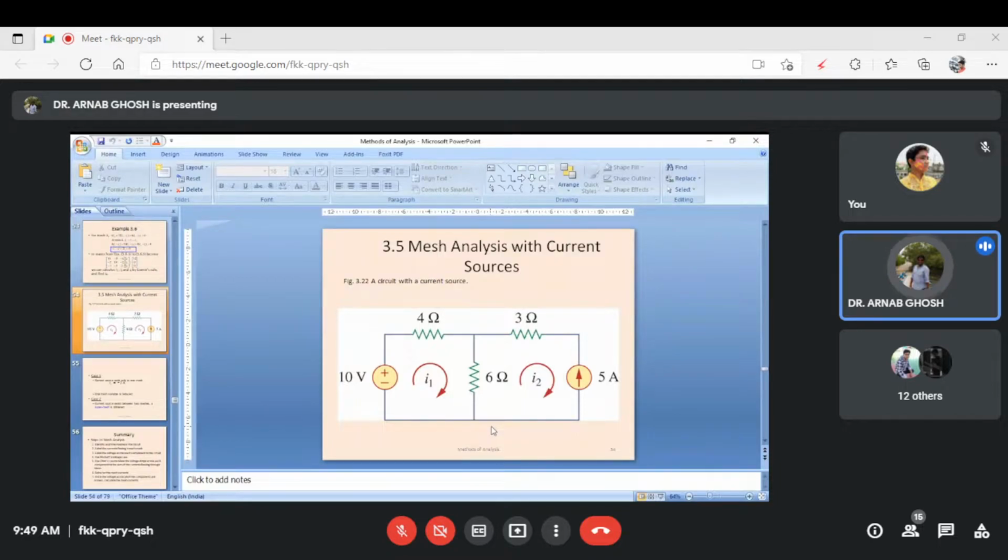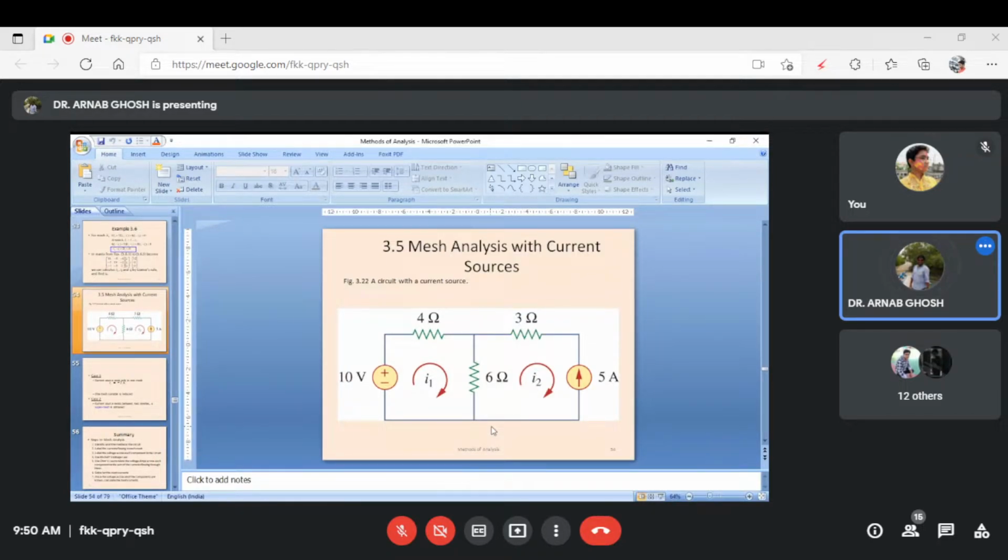And when the voltage source was placed between two non-reference nodes, we turned the entire thing into a supernode. Right? So this was all about the nodal analysis part. Now when I am talking about the mesh analysis part, if you see in a problem that there are only resistances and only voltage sources, you go for mesh analysis. And if in a problem you see there are current sources and resistances, you go for nodal analysis.